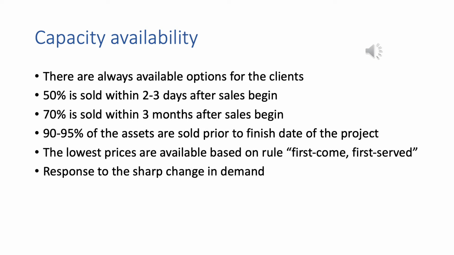In terms of capacity availability in the company, there are always available options for the clients. The company sells 50% of the new apartments within 2 or 3 days and 70% within the first 3 months after the construction and sale begins. As practice shows, around 90 to 95% of the assets are sold prior to the finish date of the project. However, it should be mentioned that the lowest prices are available based on the rule first come first served, and it can be said that